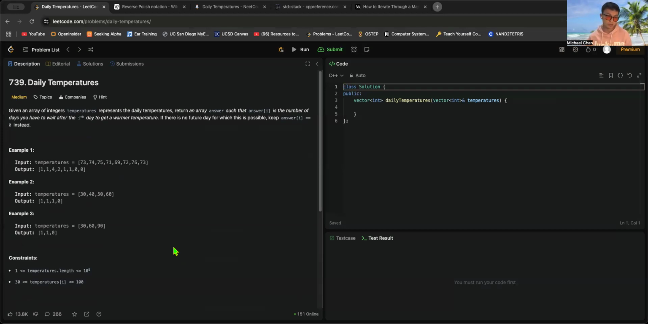Brute force solution would not work. It would be an obvious time limit exceeded. So what would be the better way here? If I use a pointer,